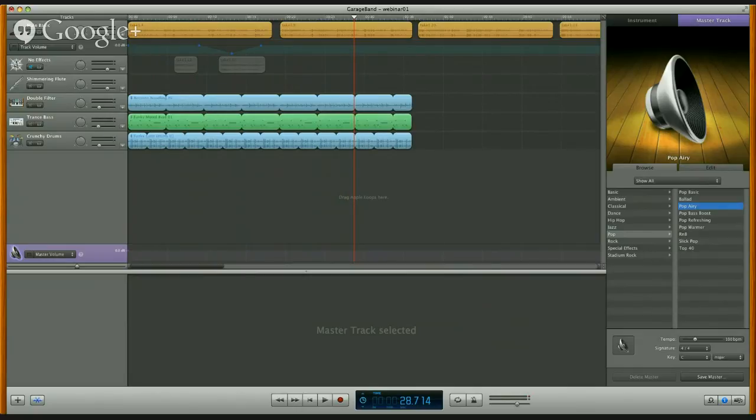Again, once I'm ready to export it, let's go up to Share and Export Song to Disk. Now you have options. Now if you're wanting to use it in, let's say, a video track, if you're wanting to add this to a video,